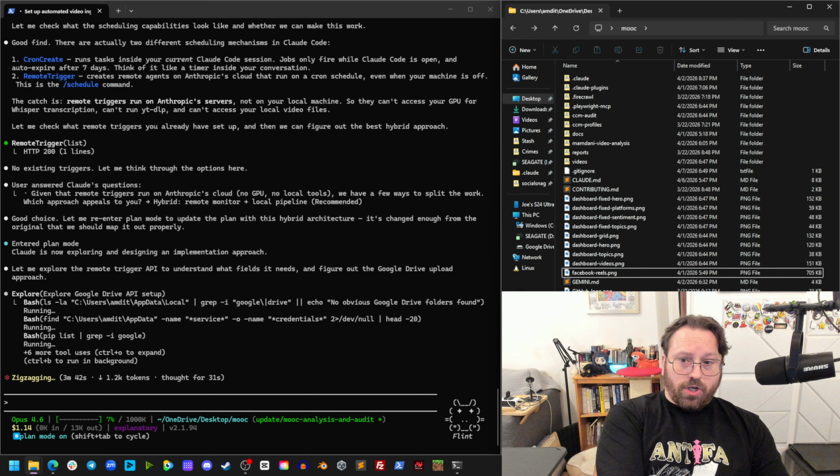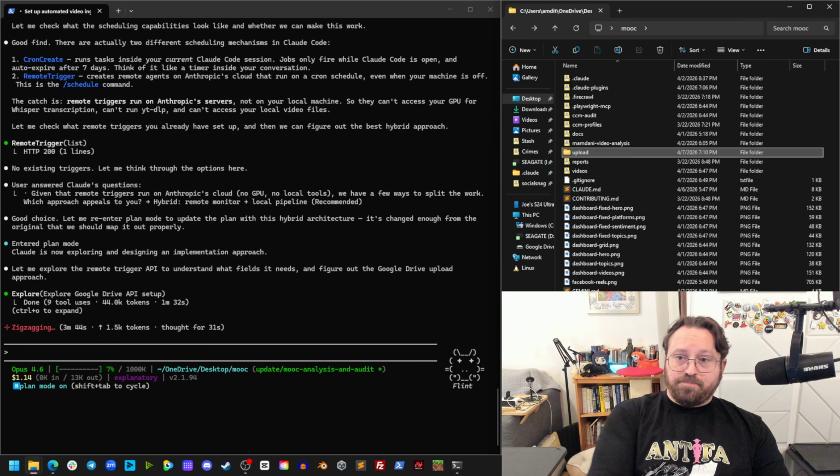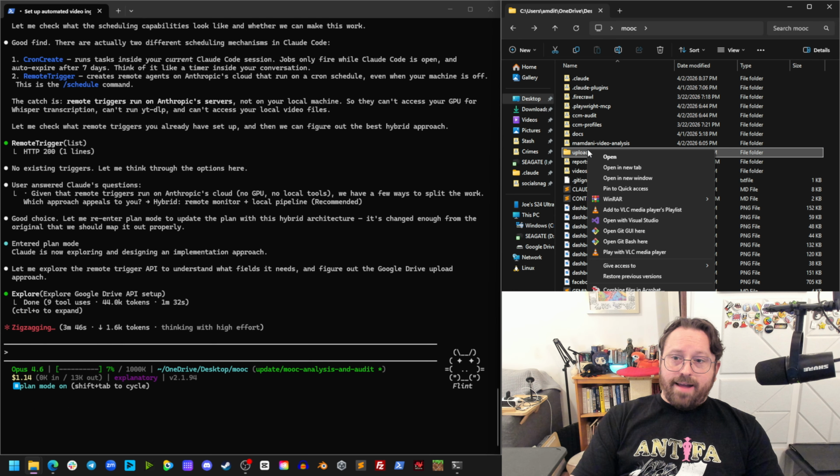So we want to create a folder called upload, and we want to make sure that that folder is synced with Google Drive once this boots up. That seems like a really easy and simple automation to me, but I'm going to see what else it explores here. It seems like it's going to go the Google Drive API setup way. I already have that configured and all of my authentications already installed. We don't have a service account key locally, but we can grab one from my Raspberry Pi. That's a much more complex thing that I'm not going to show you how to set up now because we don't have time for it.